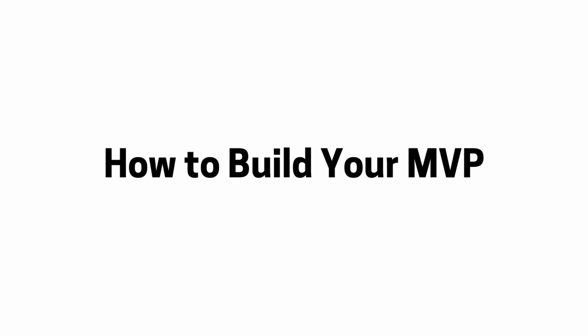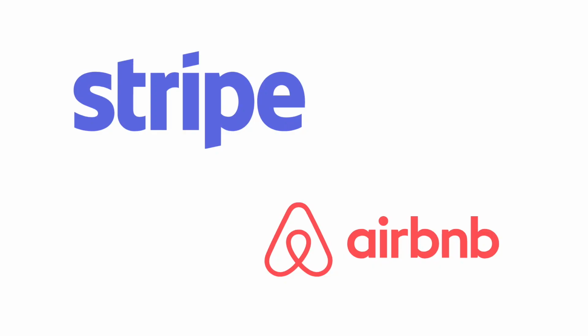In today's video, I'll be talking about one of my favorite videos on how to build an MVP, which is a YC video on how to plan an MVP by Michael Seibel, CEO of Y Combinator and co-founder of Twitch and Justin TV. This will be a three-part video series, and in part one, we'll be covering topics like how to understand your users, how to build your MVP, and also real-life examples of MVPs from well-known companies like Stripe and Airbnb.